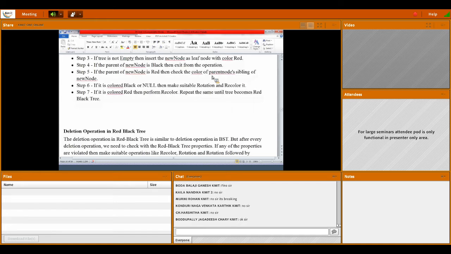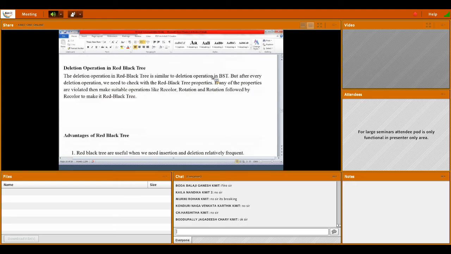In the same way, deletion also. The definition is similar for the deletion operation. Here also, as I already told you, whatever operations you are doing in the BST, after every operation we need to check whether it is satisfying the red black tree properties or not.